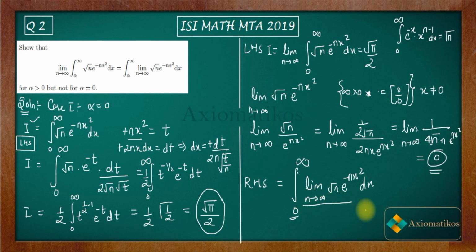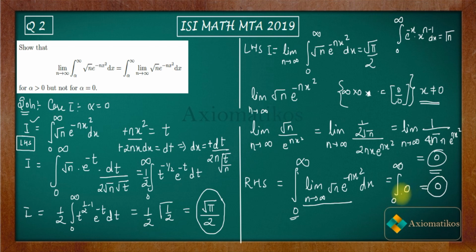And you know, if you have studied measure theory, that if you leave a set of measure 0, then the integration will have no effect. What I am trying to tell you is that even if you leave the x equal to 0 case, the integration will have no effect, because it's a set with measure 0. So you will get the integral from 0 to infinity of 0, and that is again 0.